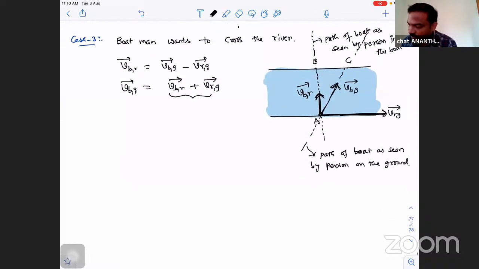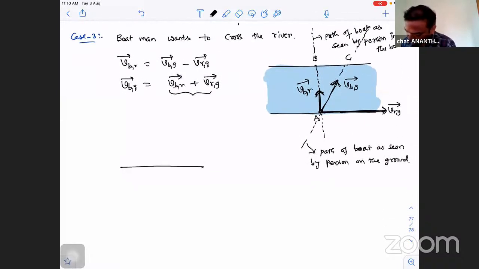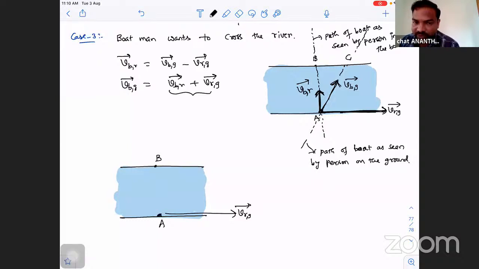So I'll ask you one more common sense question. All of you try this. Again, this is the river. The river flows in the rightward direction. The boatman is starting at point A and he wants to reach point B. Finally, B point reach avalanthukondi. Then how does he have to row his boat? In what direction should he row his boat to have a chance to reach point B?